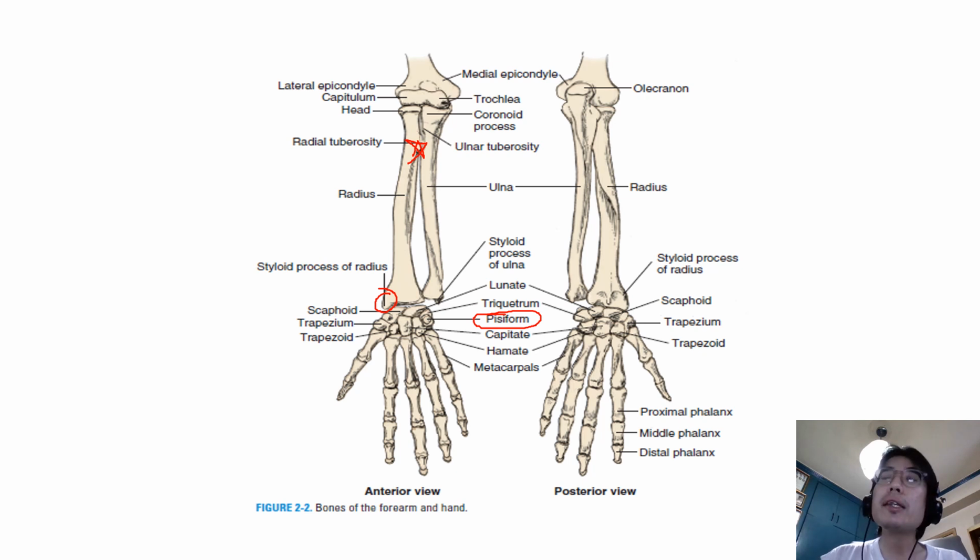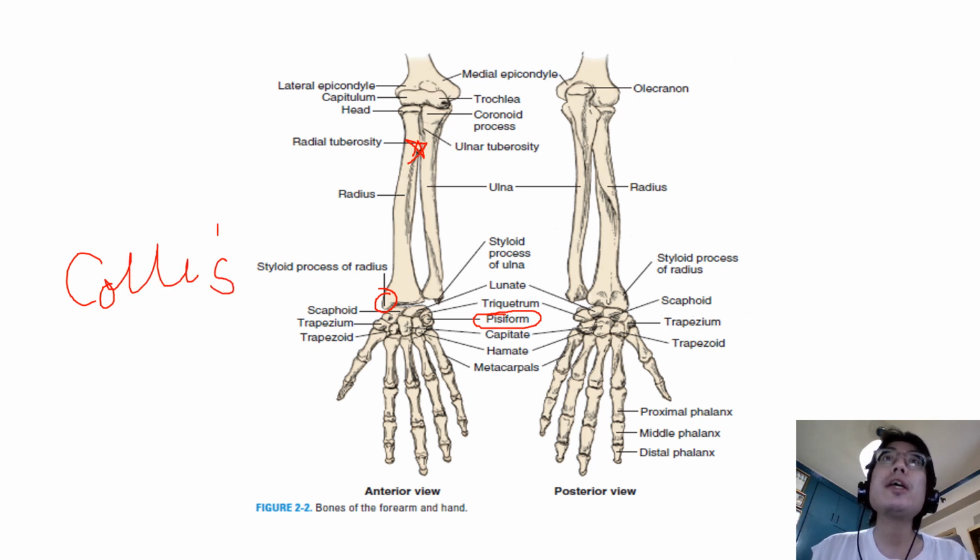An important clinical correlation here is a fracture called Colles fracture. Colles fracture of the wrist is a distal radial fracture in which the distal fragment is displaced posteriorly, producing a characteristic bump described as a dinner or silver fork deformity. Because the forearm and the wrist resemble the shape of a dinner fork.